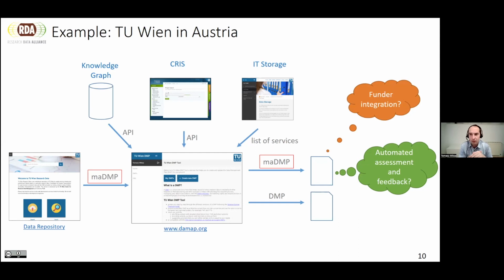For example, we connect to the knowledge graph provided by OpenAIRE to import information on data sets that researchers are reusing. We also import information from our research information systems on the projects and all the administrative information about our researchers. And we also have a custom list of services that our university provides.